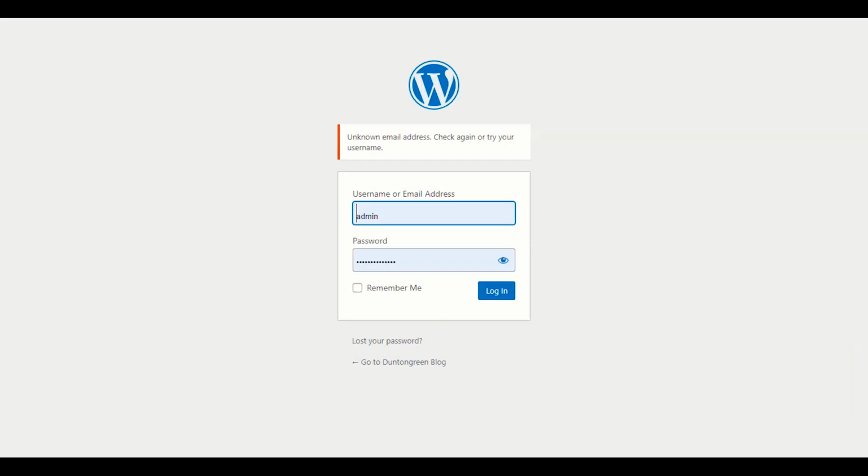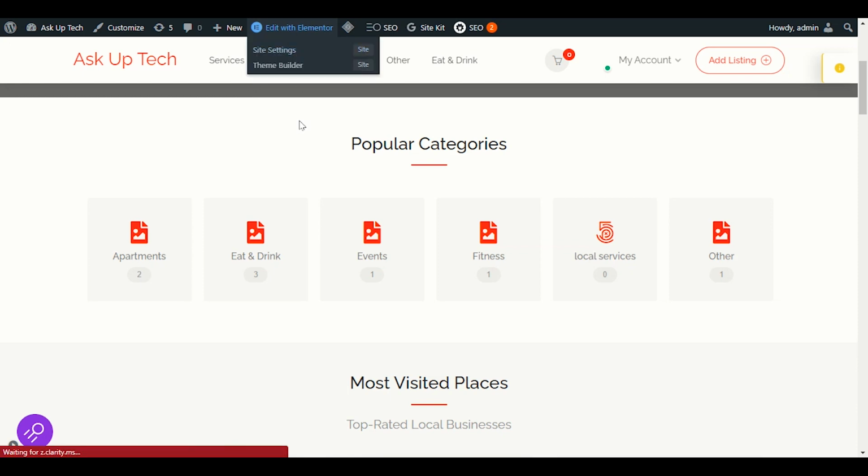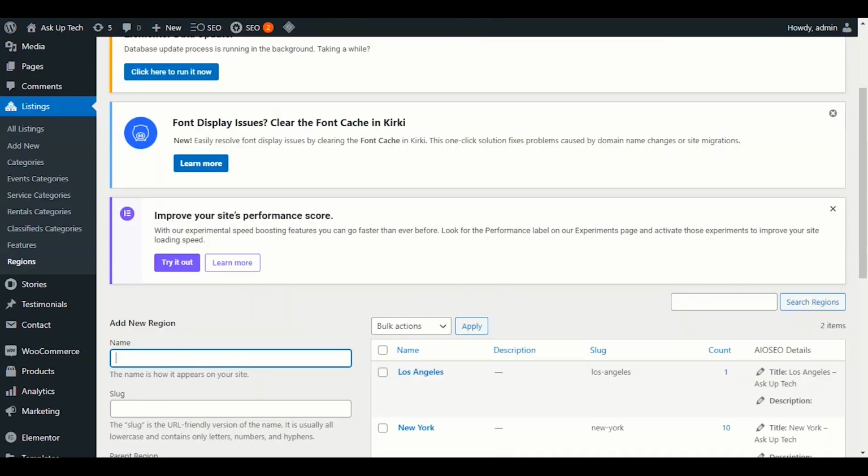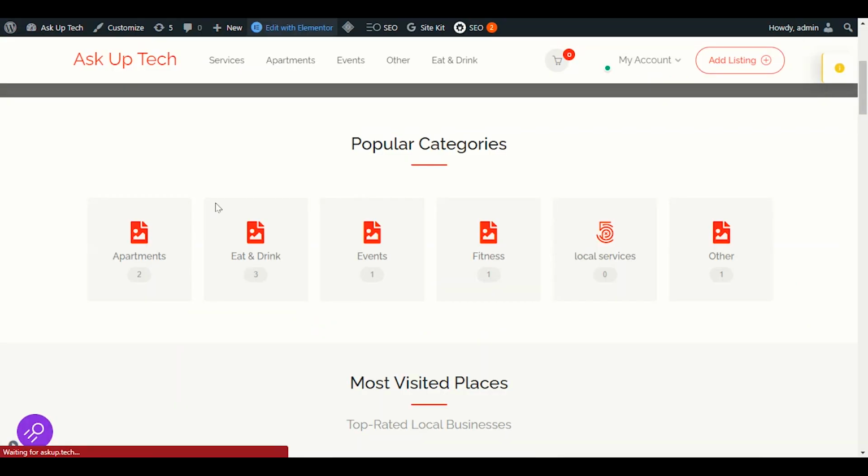For that you have to edit it with Elementor. We will edit these categories. In popular category, what category you want to display, you have to edit it with Elementor. This option will be editable with Elementor. You have to wait. Once we open our Elementor,